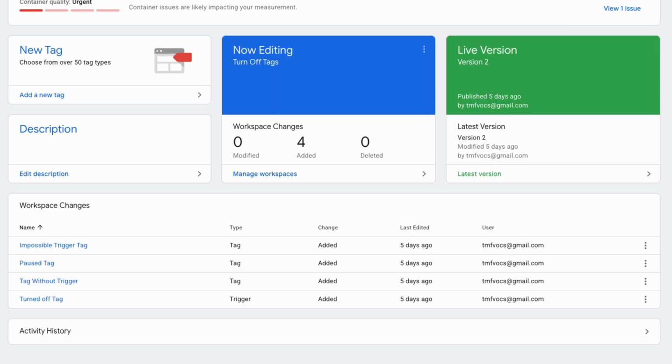Turning off a tag is not just about stopping data from being sent. It's about intent, reversibility, and future clarity. Many GTM problems don't come from what you build. They come from disabling things without a clear strategy. So let's look at the three most common ways to turn off a tag and compare them using practical, real-world